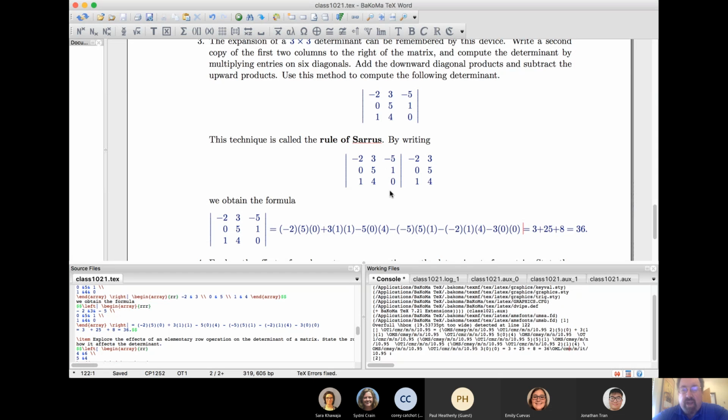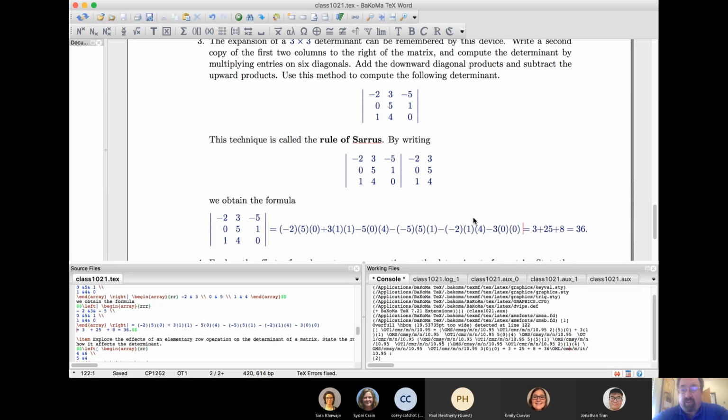So we have -5, 5, and 1. And then -2, 1, 4. And then -3, 0, 0. So add these diagonals going from upper left to lower right, and then subtract the diagonals that go from upper right to lower left. So that's the rule of Sarrus. And once you work out all of those and add and subtract the appropriate diagonal products,